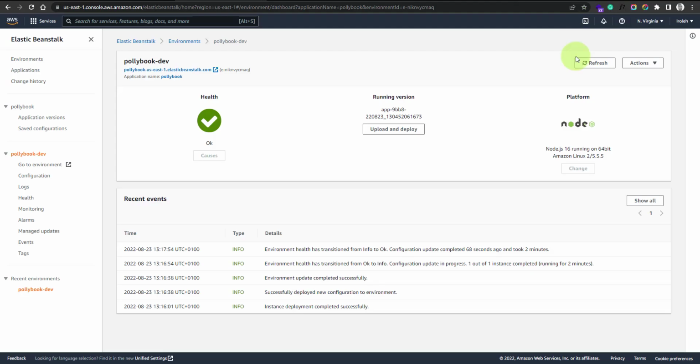Contact Nigeria at www.linkedin.com/and/Vincent. LinkedIn. Okay, so that is pretty much how to deploy your application to the AWS Elastic Beanstalk and enable